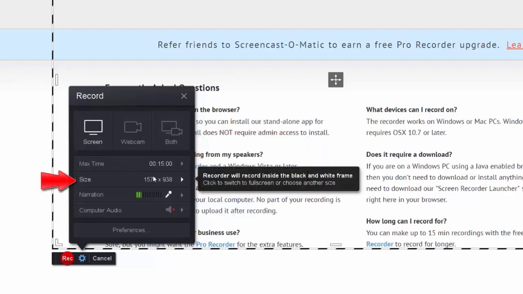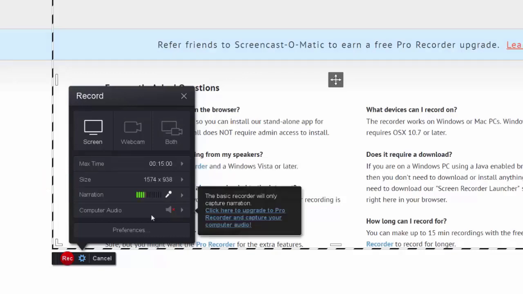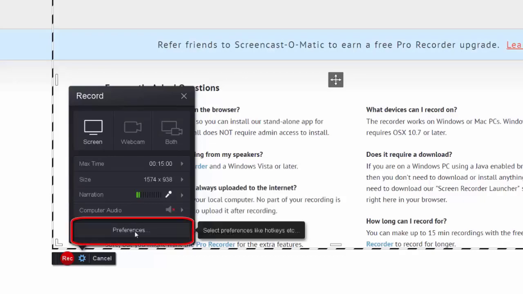You can select the size and quality of the recording, whether or not the recording includes narration from a computer microphone, and whether or not it will also capture the sounds that are made by your computer. For example, if part of your screencast includes a video or other program that makes sounds that you need to record. There are some additional settings, such as hotkeys, but since again we are covering the basics, I'll just point out that they're there.